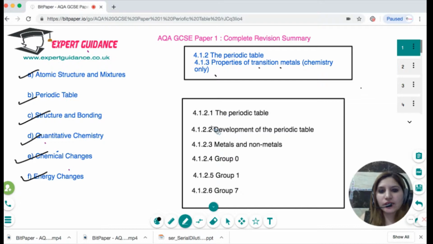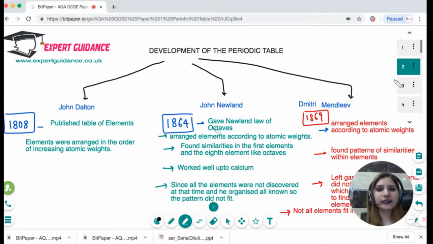In this video, we'll be covering what the periodic table is, how the periodic table developed, what metals and non-metals are, and we'll be learning about group 0, group 1, and group 7 in a bit more detail. Then we'll be covering the transition metals. So let's begin. When we talk about the development of the periodic table, it took a lot of years